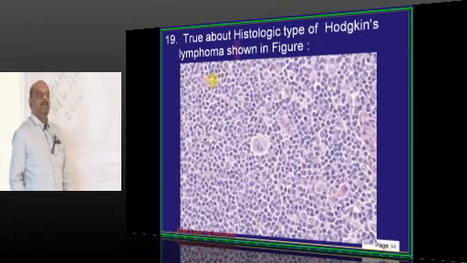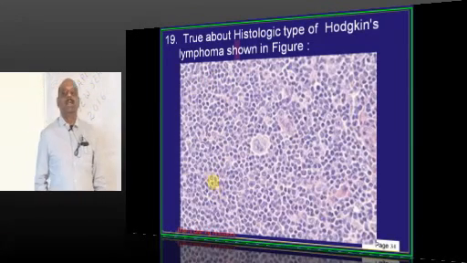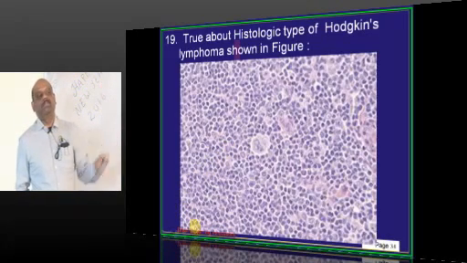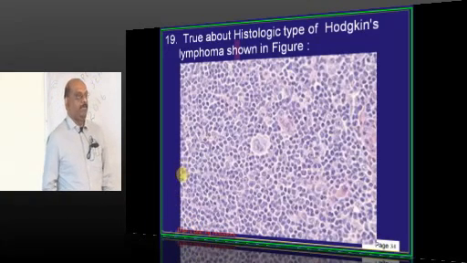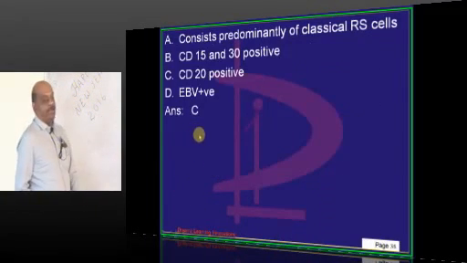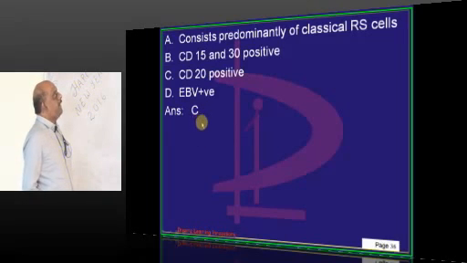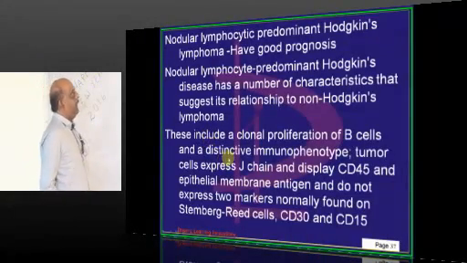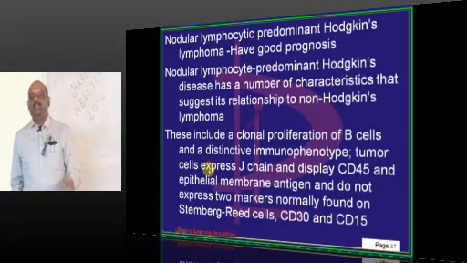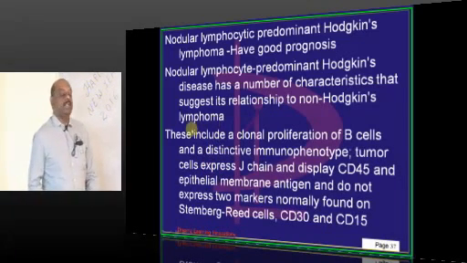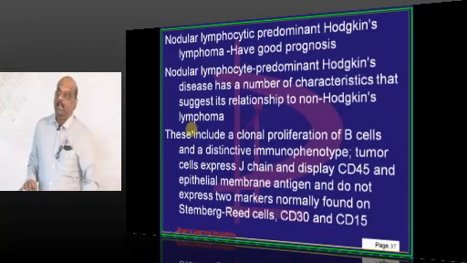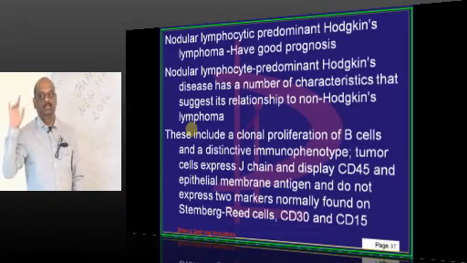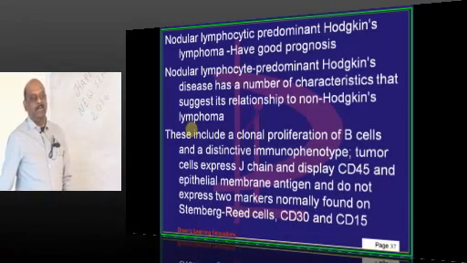What is this histological variant of Hodgkin's lymphoma? Lymphocyte predominant variety of Hodgkin's lymphoma. So basically it will be CD20 positive is what you have to appreciate. Then I leave the literature for you, nodular versus different varieties of Hodgkin's lymphoma, everything you need to be very clear. How many of you have done this question wrong? Oh, okay, the histological slide might have misled you, alright.